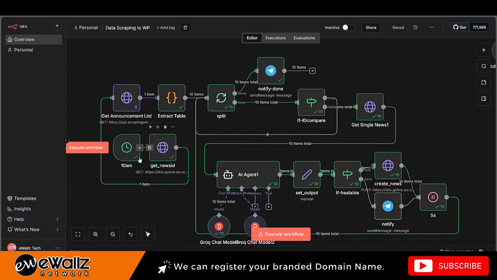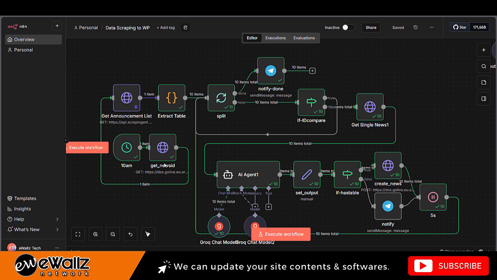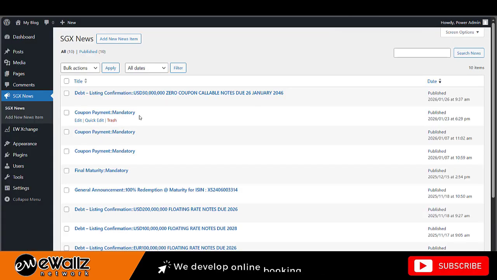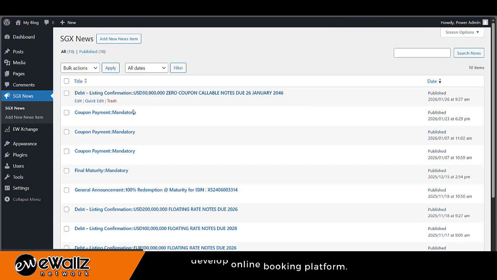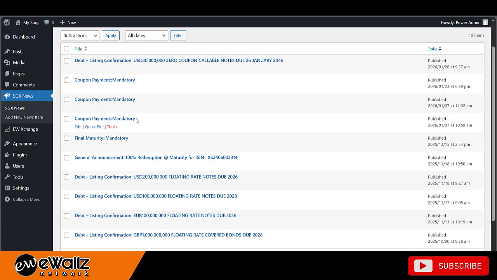So basically the workflow goes from the schedule trigger to the news ID, and then we call an endpoint on WordPress to check the ID of each of the existing news items on WordPress. WordPress returns the ID list.